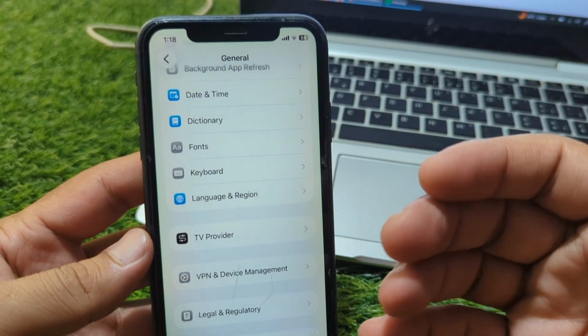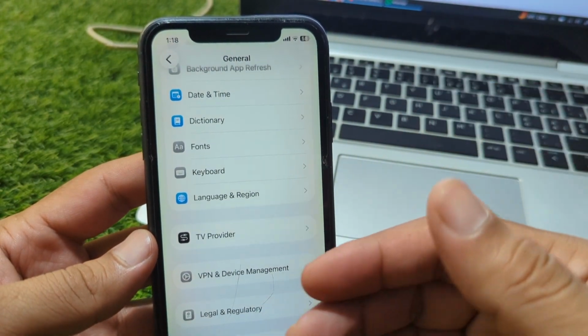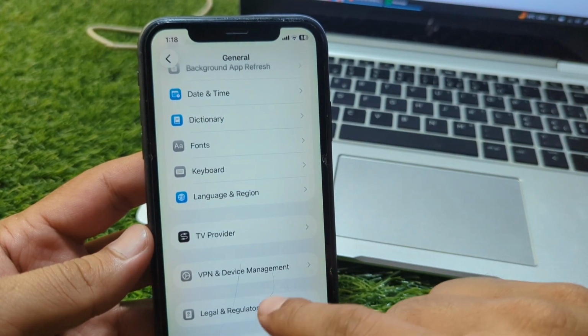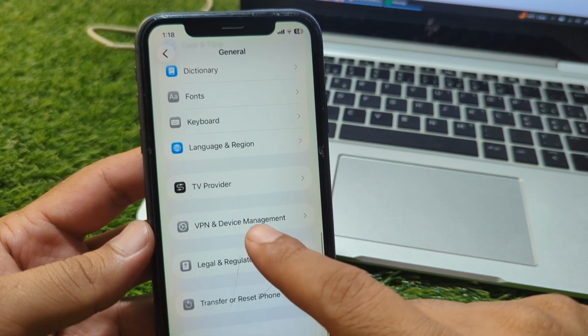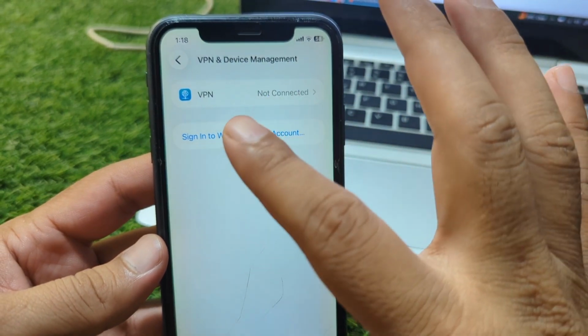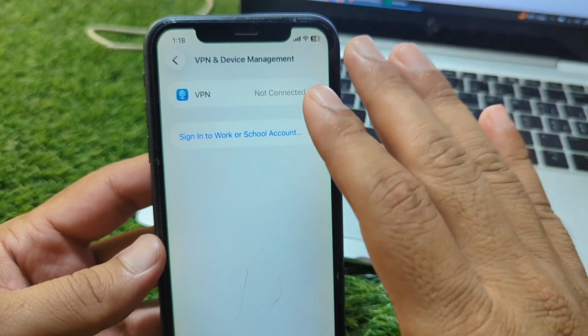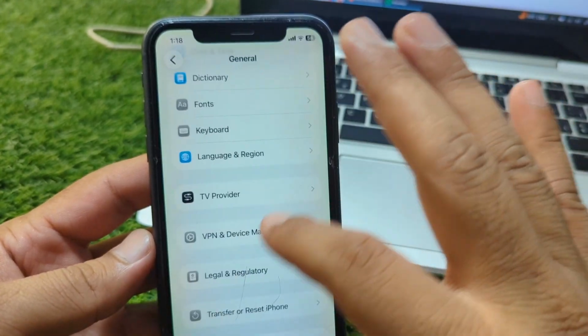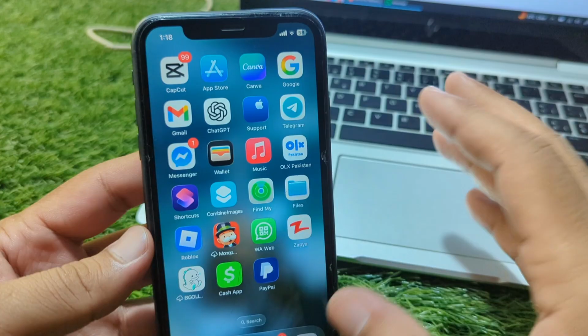and if the problem is still there, then you have to simply deactivate the VPN if there is any connected VPN on your device. So guys, for that you have to simply tap on VPN and Device Management, and after this you have to simply turn off the VPN if it is connected. So guys, simply turn it off, and after this check if the problem is fixed or not,